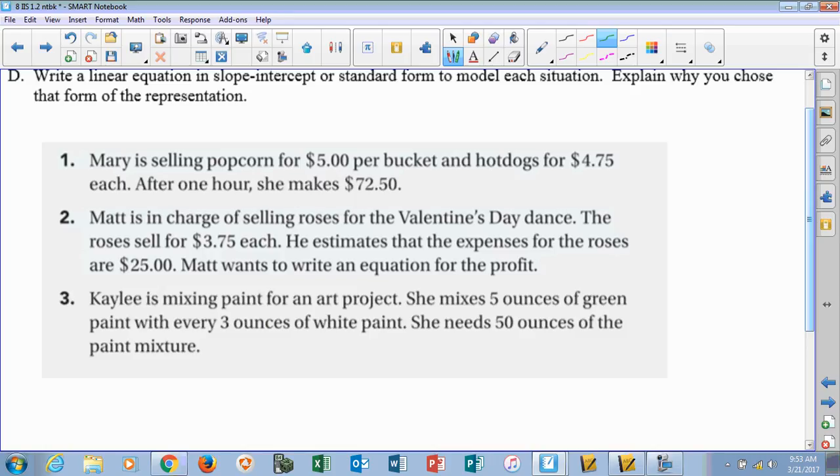So you look at number 1, it says Mary's selling popcorn for $5 per bucket and hot dogs for $4.75 each. After 1 hour, she makes $72.50. So here, this is going to be one that we're going to talk about in standard form, okay? Because we got two variables here, the popcorn and the hot dogs are going to combine to make that much money. So if our popcorn is $5 per bucket, and that's also added to the, because the word and, the hot dogs are $4.75,